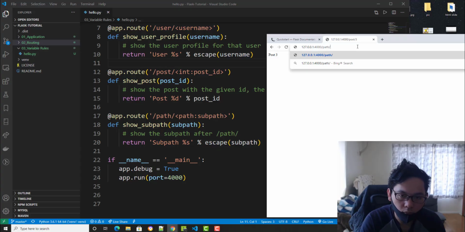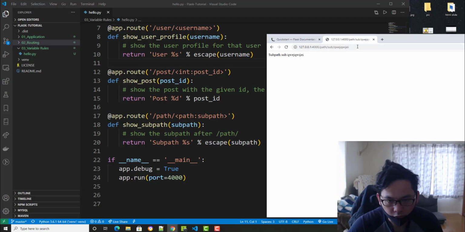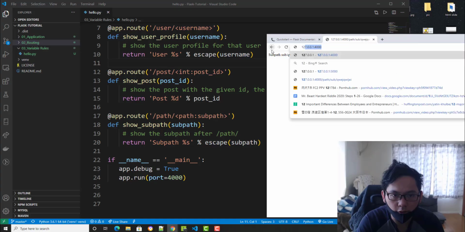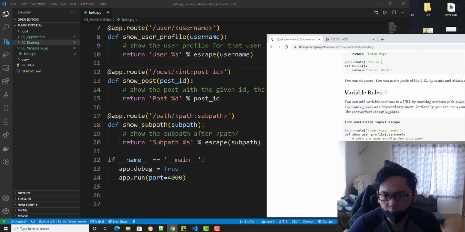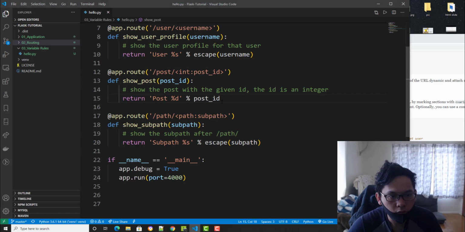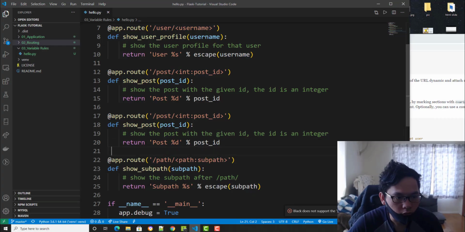like current directory path, like that, like a directory. You can do that too, and they can access your subdirectory if you're not very careful on this without using escape. Like you can see that in PHP more easily. It's a well-known attack anyway. And yeah, so that's our variable rules. You can do float too on this one. It's very straightforward anyway.